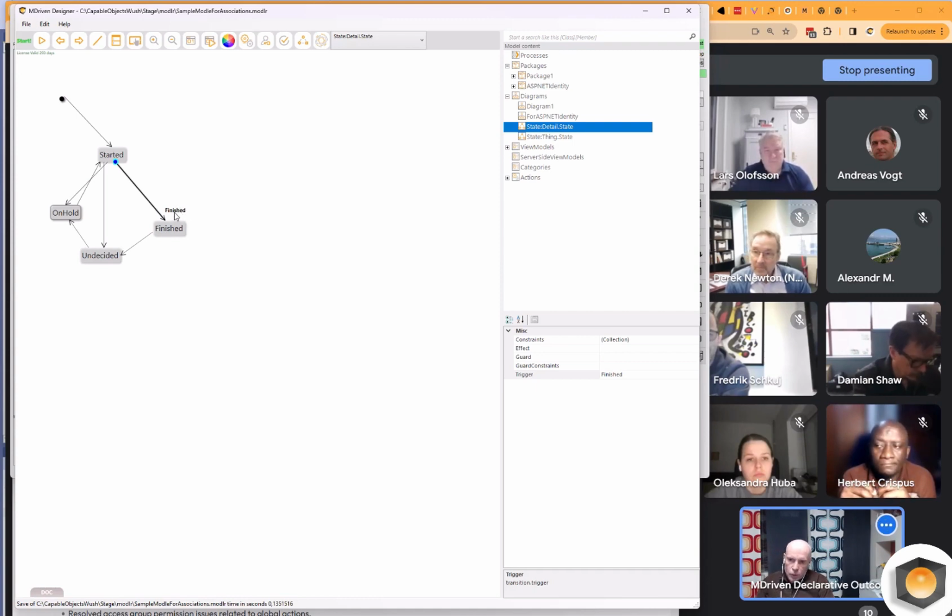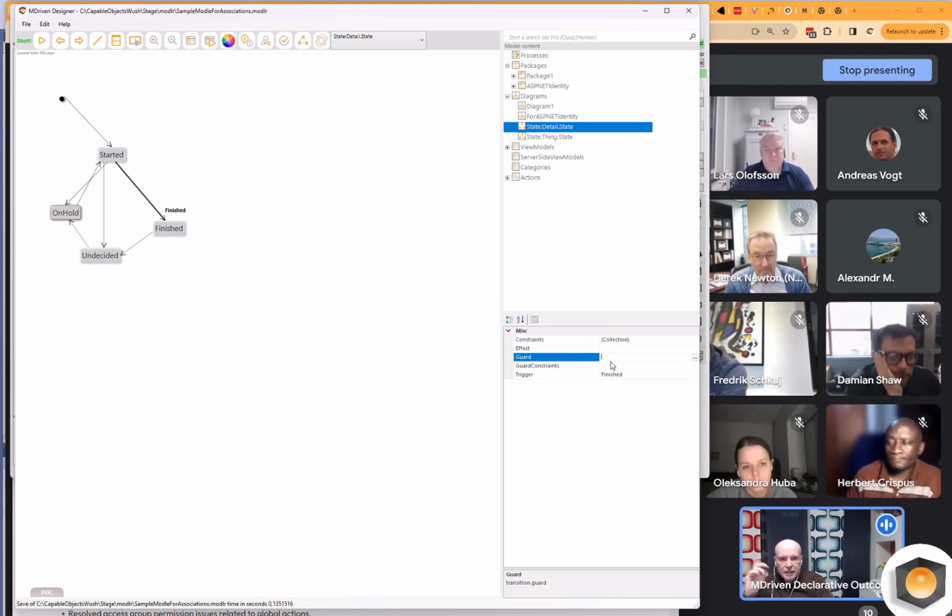What we can do once we have this transition from start to finish that actually takes it to finish is to have some guards, that you're not allowed to do this until something else is fulfilled.